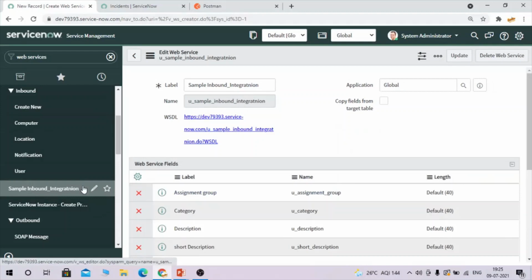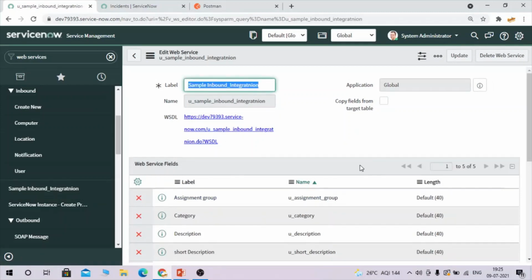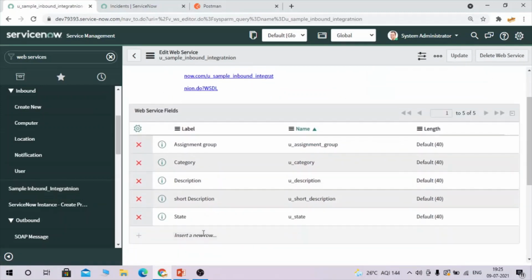So I have created this web service, and we have created all these fields. These fields are the source fields. If you create any incident from the third-party tool, whatever value you provide will first come and map to these fields.